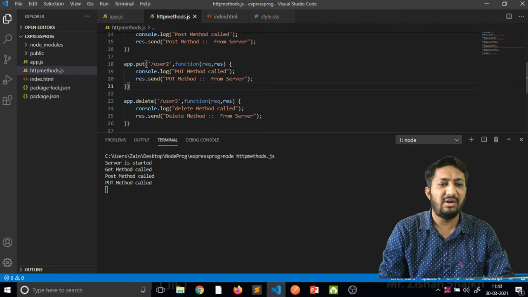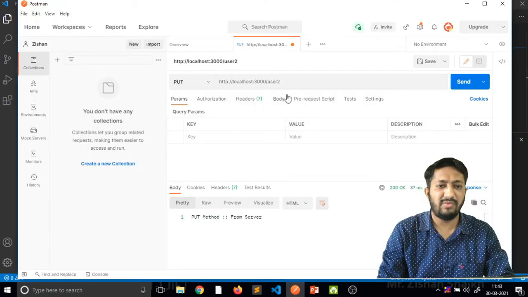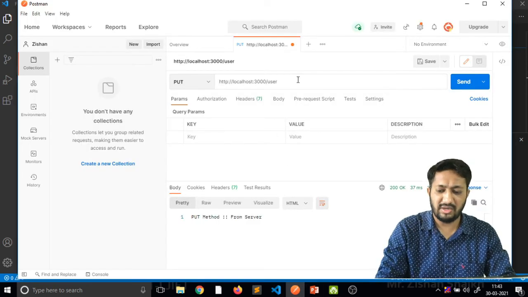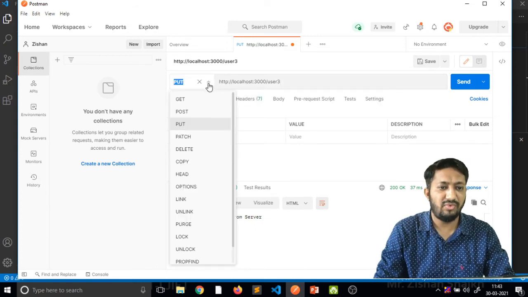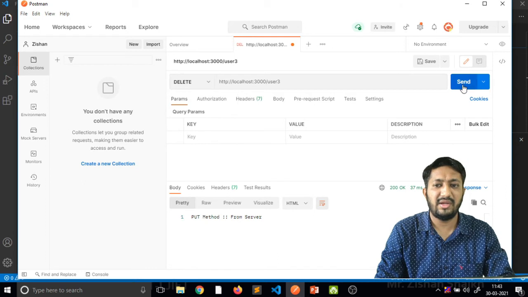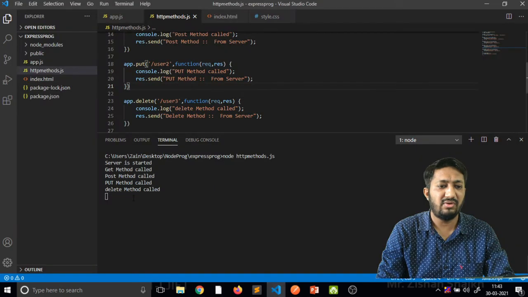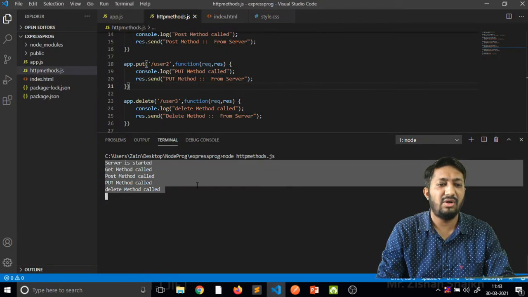The path is user3, so I am writing user3, and instead of put I am writing delete, and I send. So "delete method from the server", the delete method is also called.